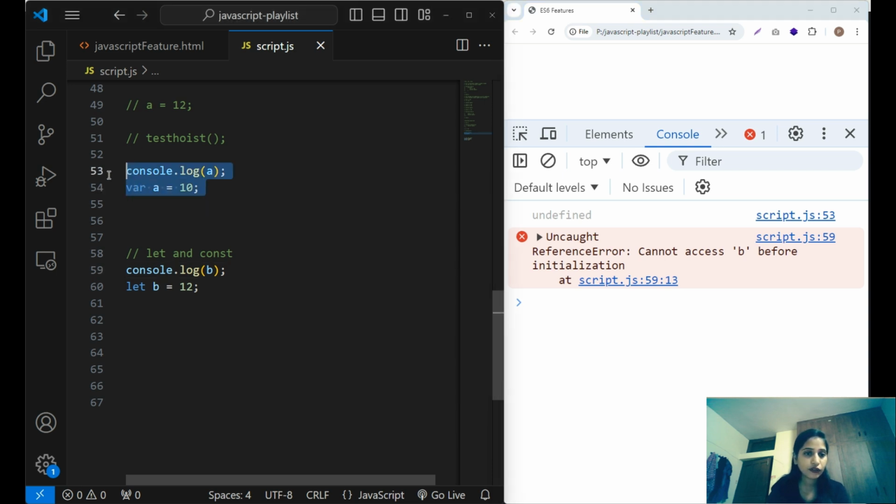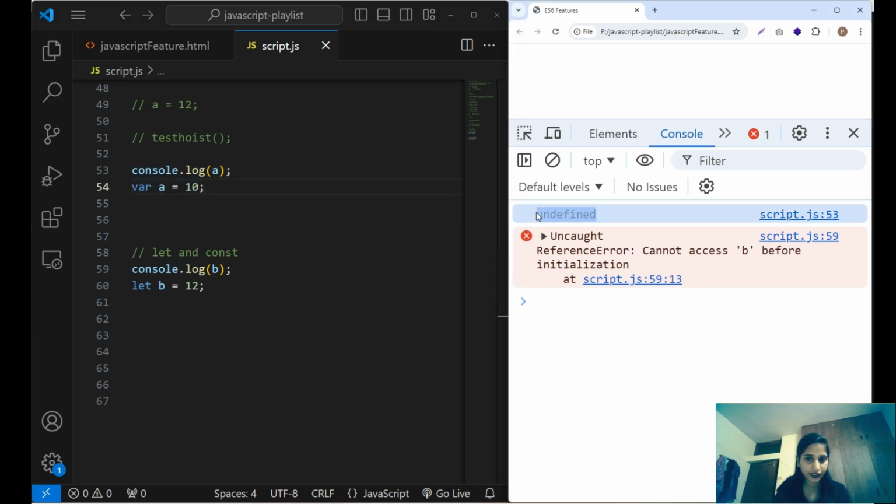So in the case of var, we get the default initialization, so we get undefined, but here we get an error: cannot access b before initialization.